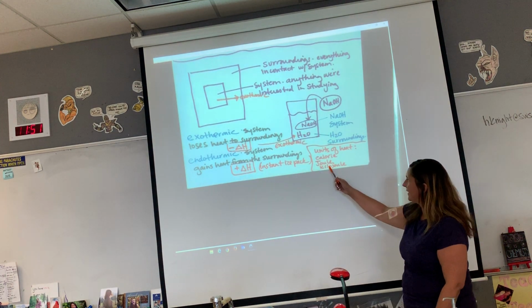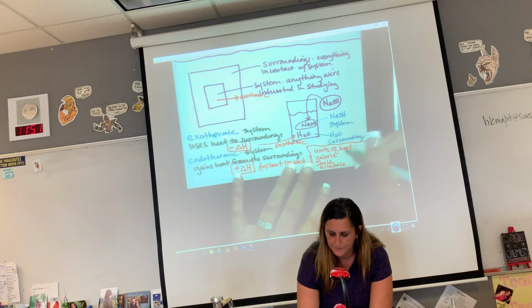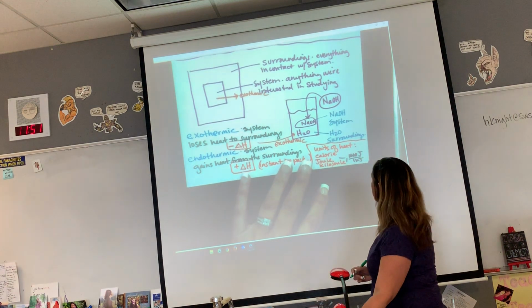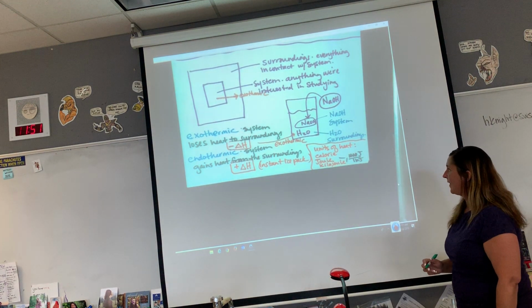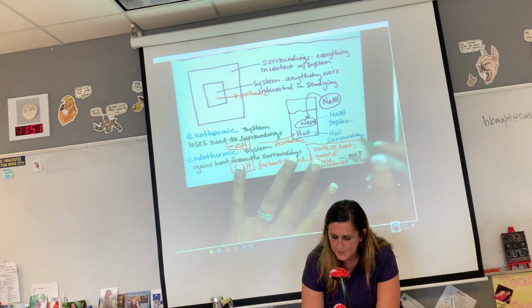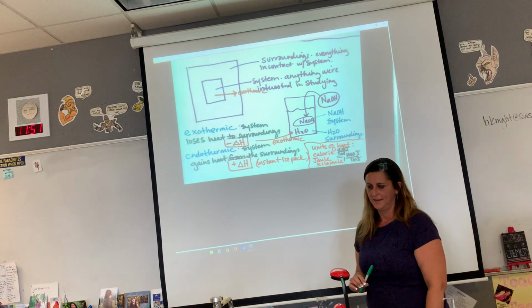Okay, so we have a calorie, a joule, and a kilojoule. And the relationship between joules and kilojoules, there's 1,000 joules per 1 kilojoule. So you want to make sure you remember that relationship. And then a calorie and a joule, this relationship is 4.18 joules per 1 calorie. Sorry, that's kind of squished, but